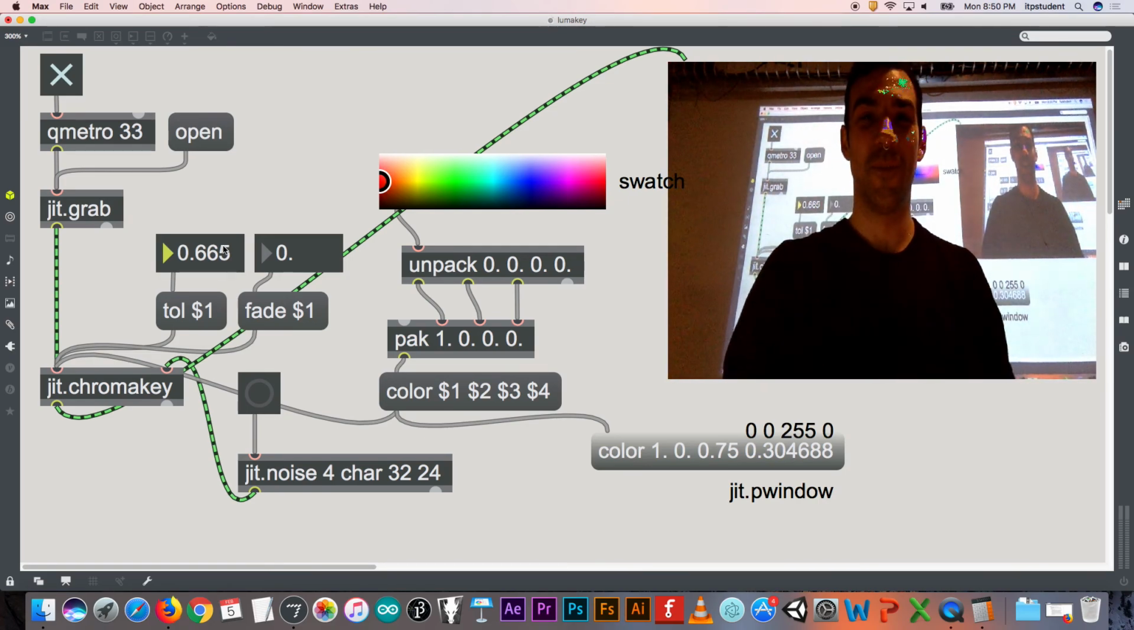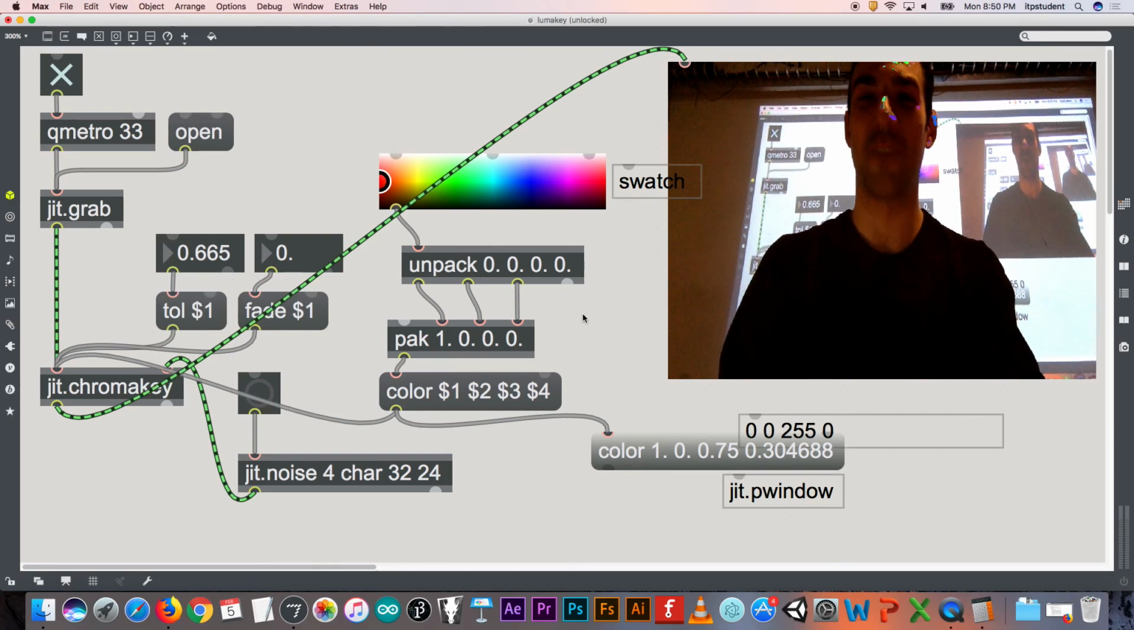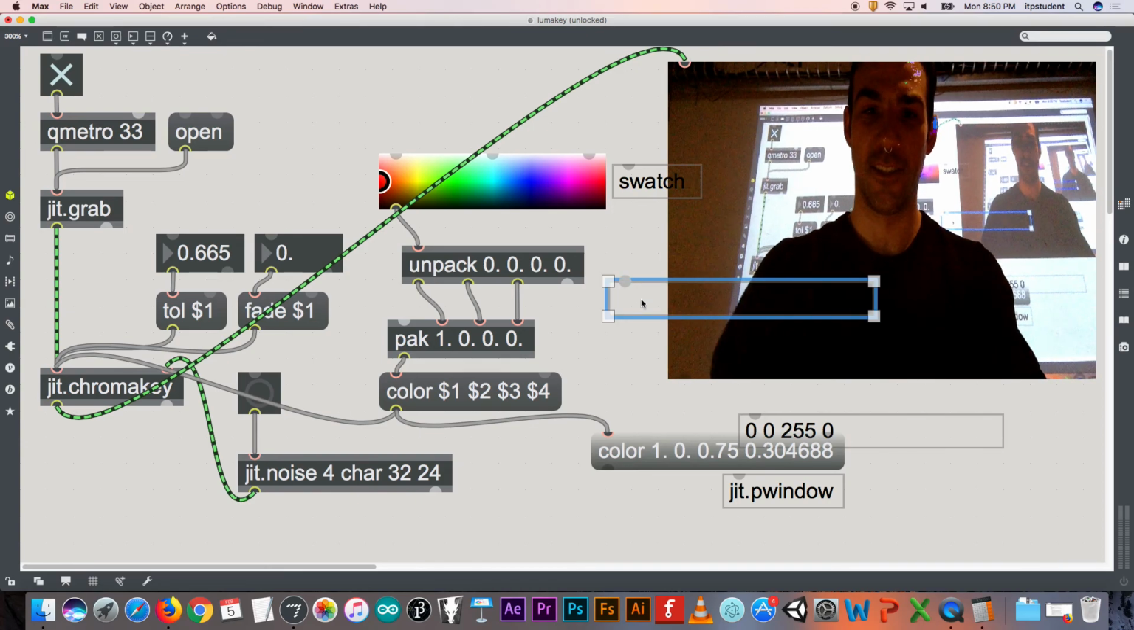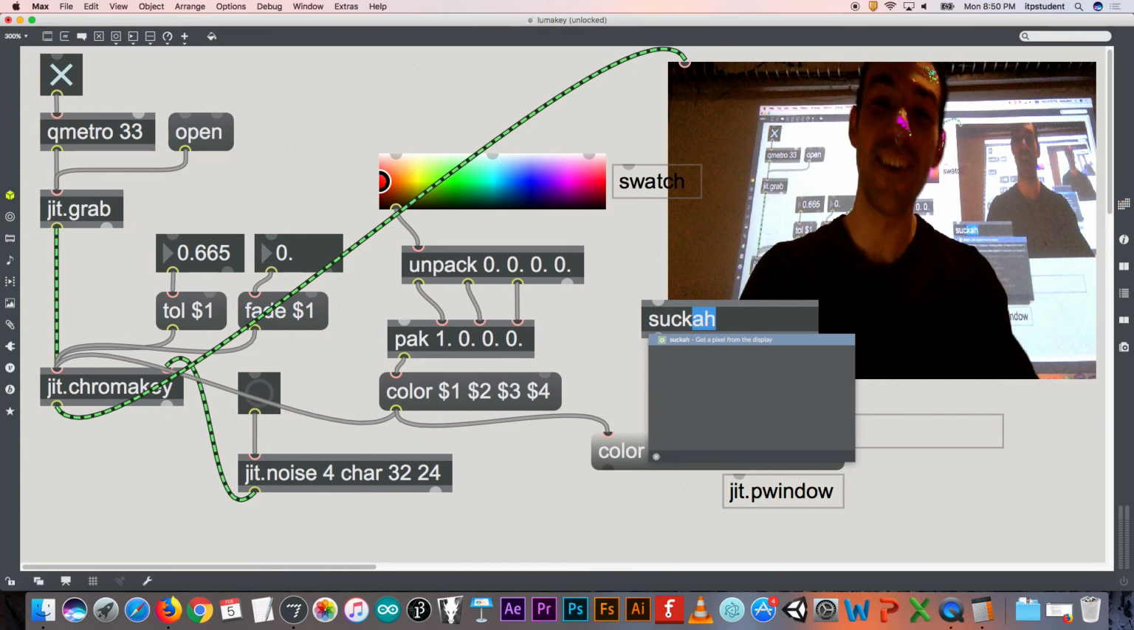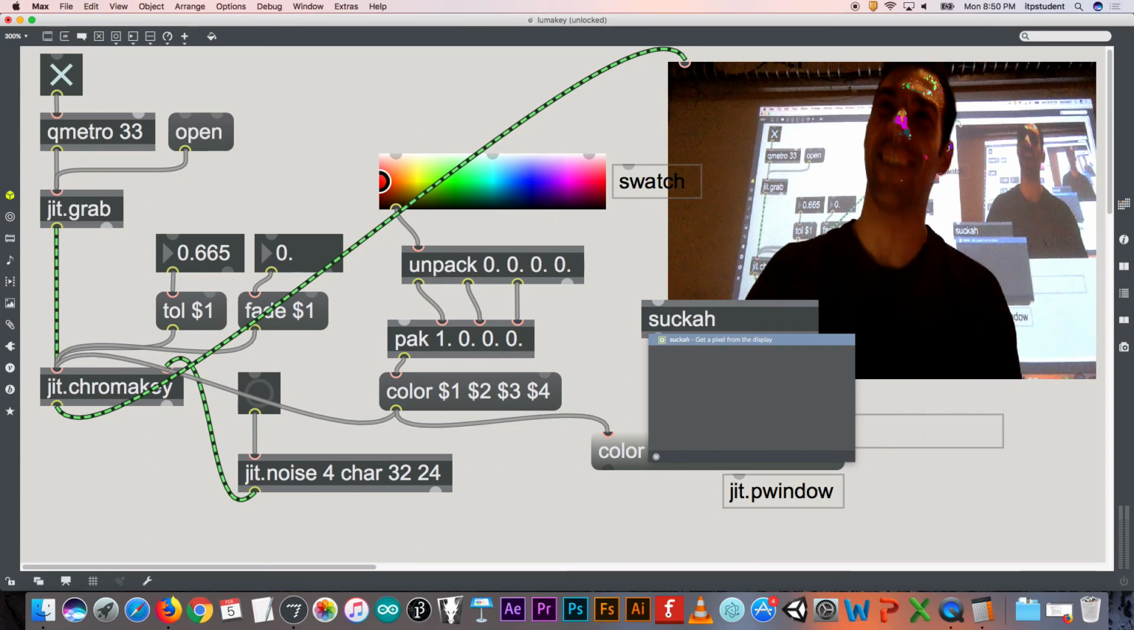But that brings me to my next thing, where I was like, what if I just want to click on the image of where I want to key certain things out? There's something called sucka, which on the